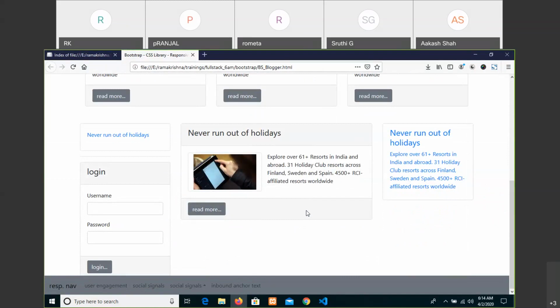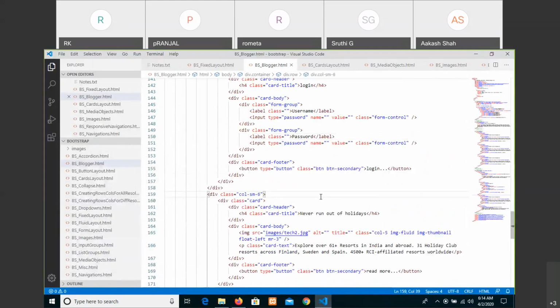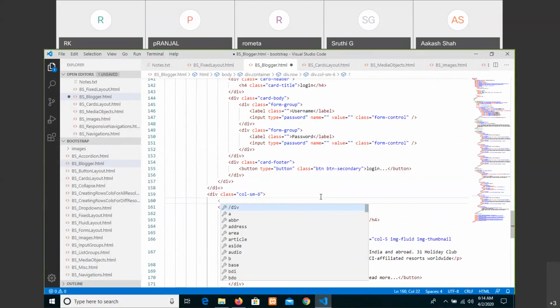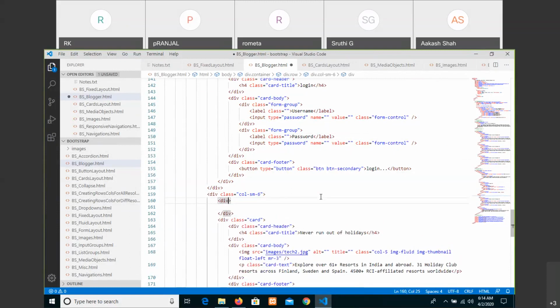Then okay, so let us do one thing. First, let us create a carousel concept here, and the another point is dialog box, or as we can say model dialog box. So in the center, we just create again a div and class row. In this row,